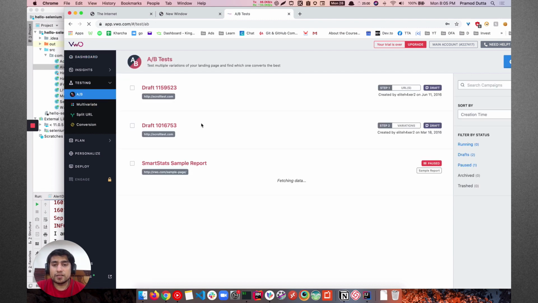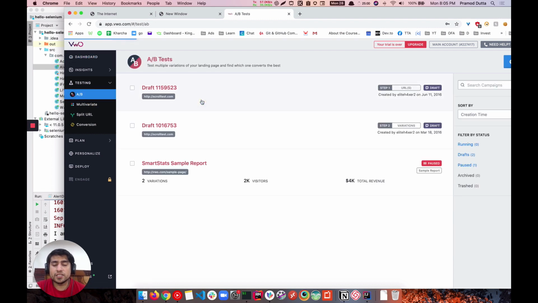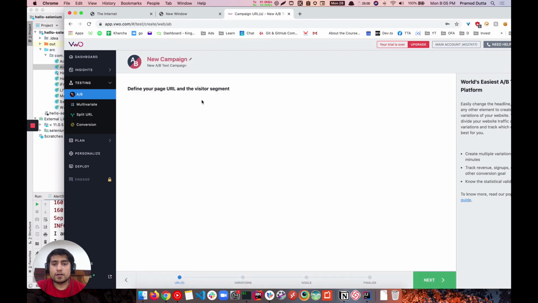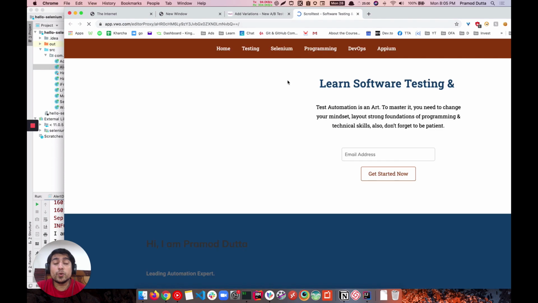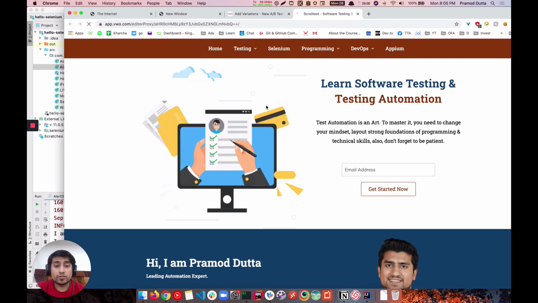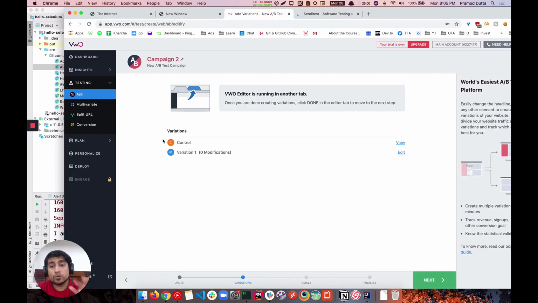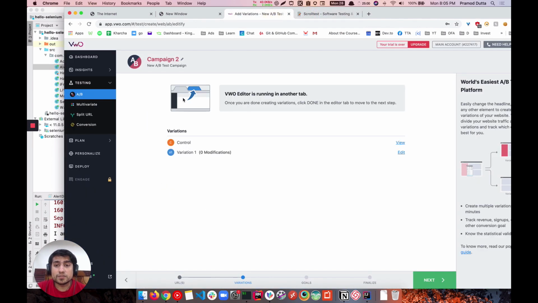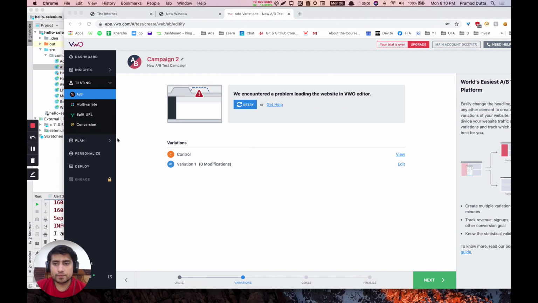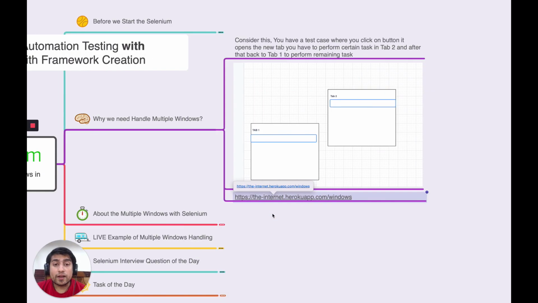So this is how it works. You will click here. If you click this link and click next, it will open a new window, and you need to handle it now. You basically have to do something here as well as move back to this one. You need to verify all the things. That's why handling multiple windows is important. This is one of the important concepts. So now you have to handle two things, right? Make sense? All right.